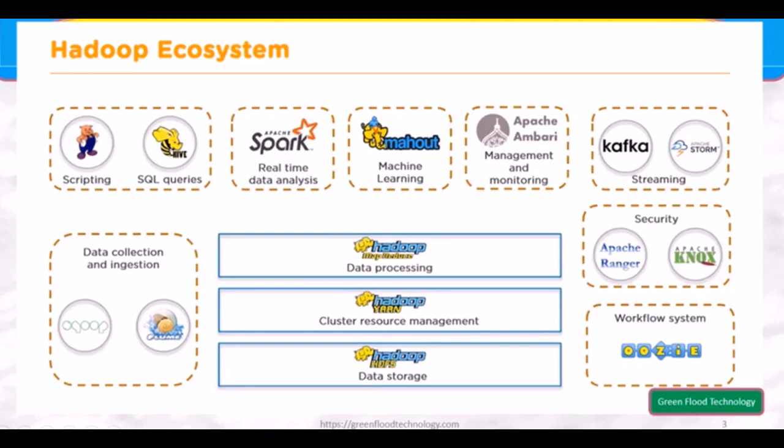Well, today we'll see the Hadoop ecosystem. In Hadoop, there are three major core components: data storage or HDFS, YARN, and MapReduce. Also there are components for data collection and ingestion, scripting with Hive and Pig for analysis, Spark, and machine learning with Mahout, and we will see them one by one. So